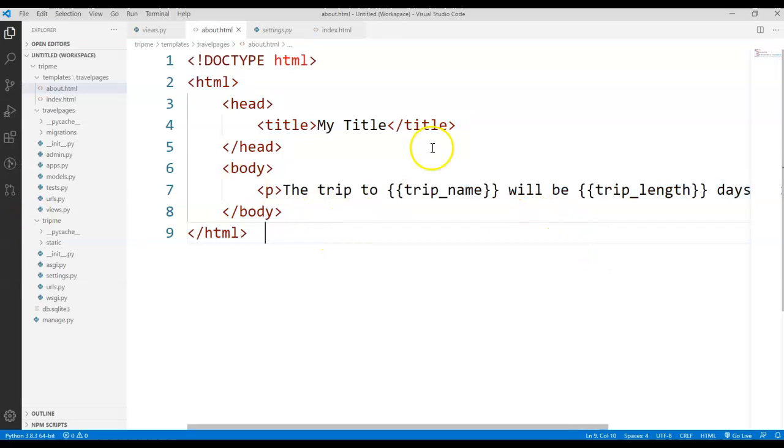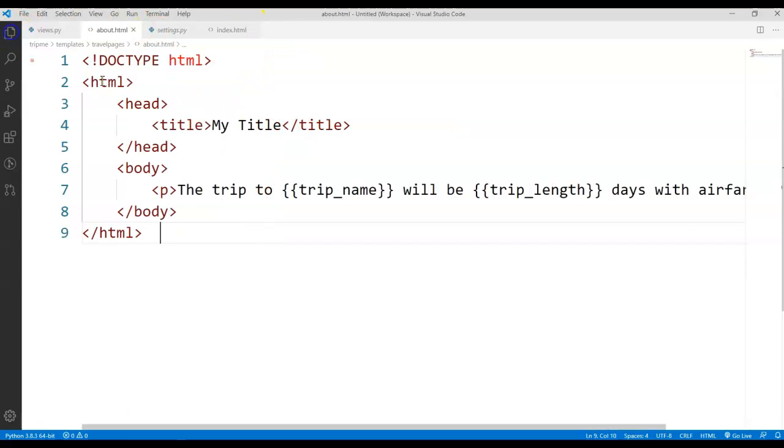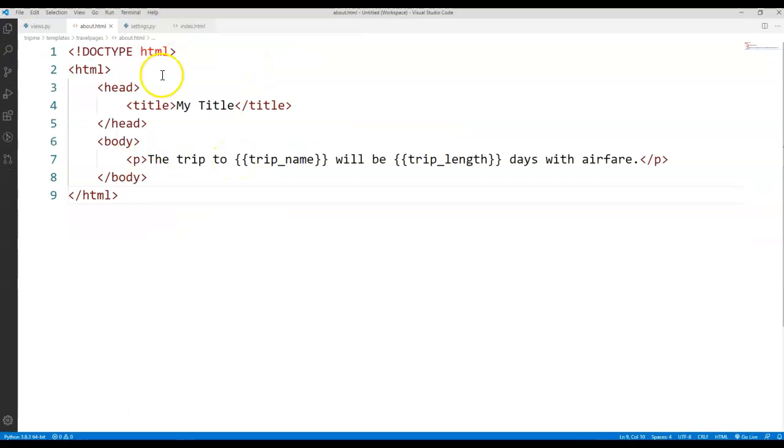So this code, which is just HTML, says that it's an HTML5. We have our HTML doc, our head section, our body section, and then within a p tag, we said "trip to", and then notice we have double curly braces, closing double curly braces, the word trip name. And then we have more text, double curly braces, trip length,